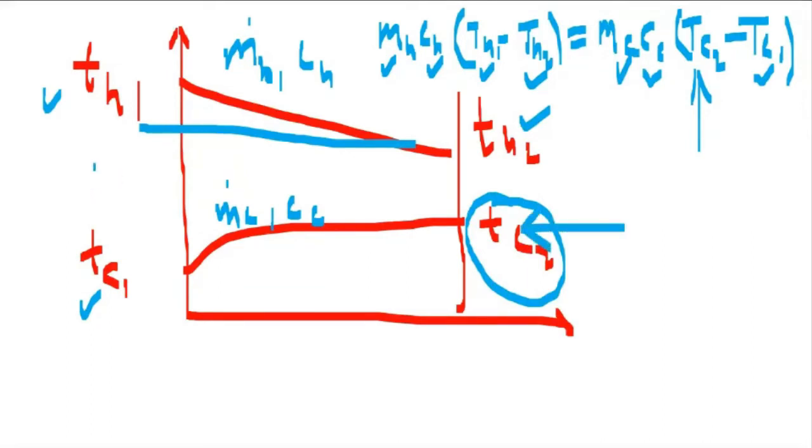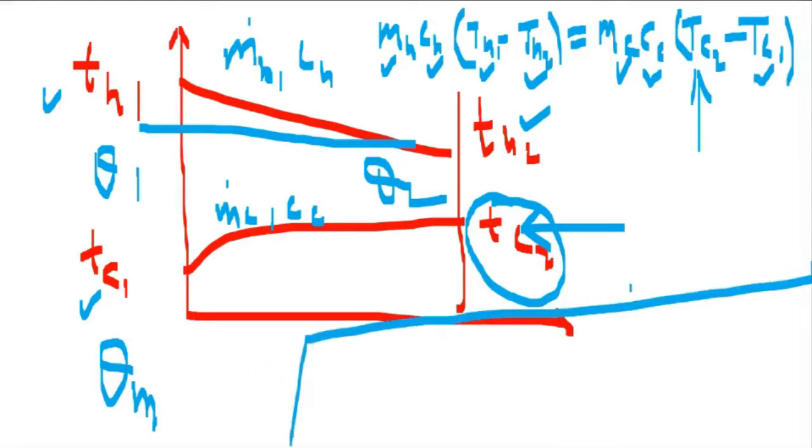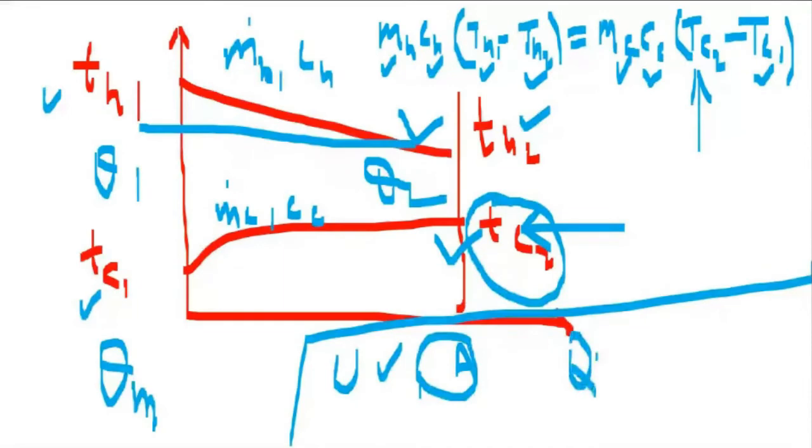Once we get all the temperatures, we can find the values of theta1 and theta2. If we can find theta1 and theta2, we can also find out the LMTD value. So we can find out theta m value also. Now, say that the question is, for getting this desired outlet temperature for both the fluids, what should be the area available for heat transfer if overall heat transfer coefficient is this much? So they are giving you U value, they are not giving you area value. So we can write that the rate of heat transfer is equal to U multiplied by A multiplied by theta m.